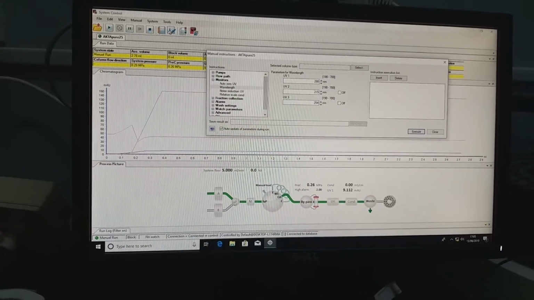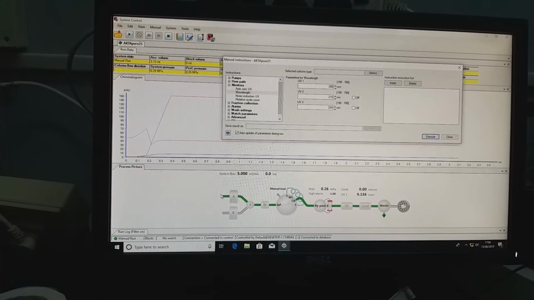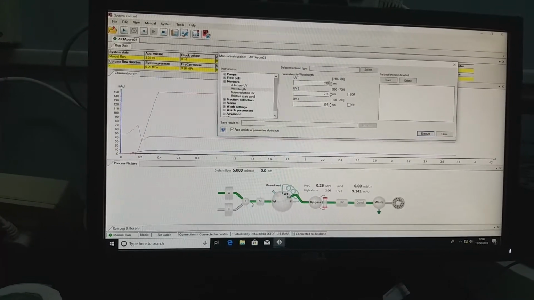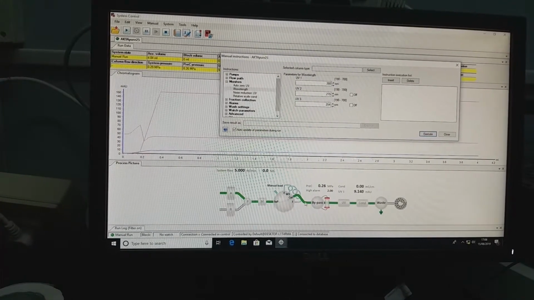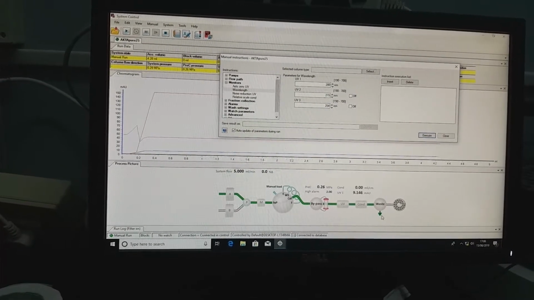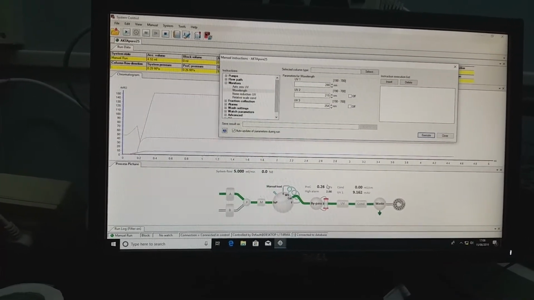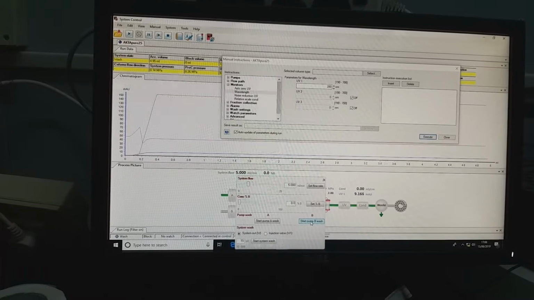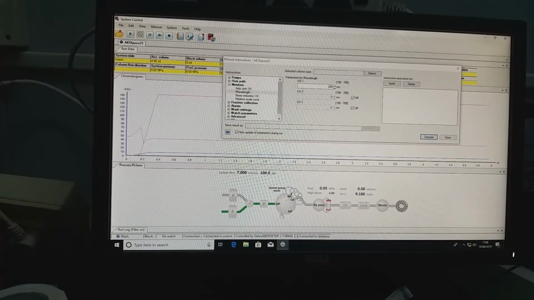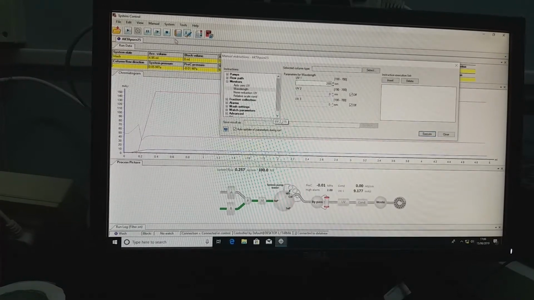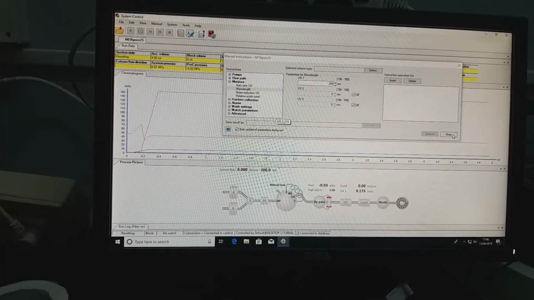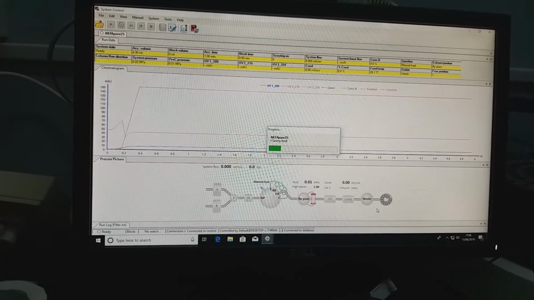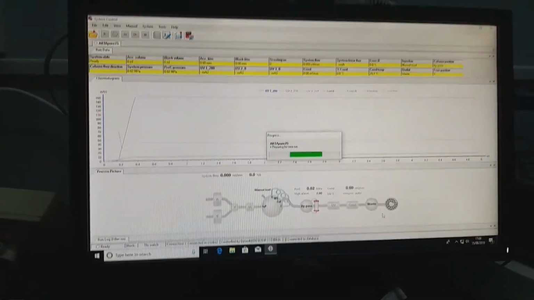So here we can see the path of the flow, how it is connected, starting from buffer A. So here buffer A, and it will go through the pump and mixing. Through mixer it will go all the way to waste. So here different parameters we can change during running. We can change B also. If you want to change B, you just say start pump B. So we can see highlighted area. If you stop the program, it will save automatically. You can see some dialog box appears, preparing for new run.